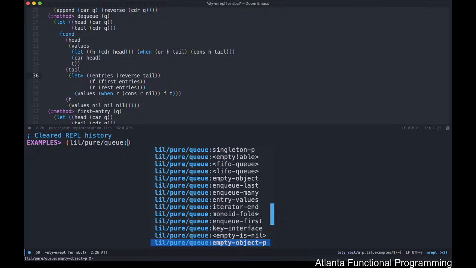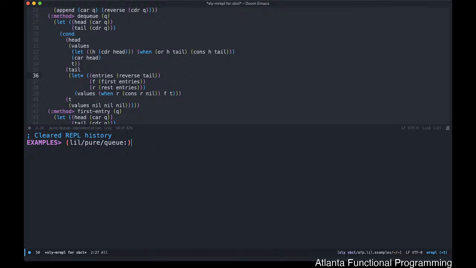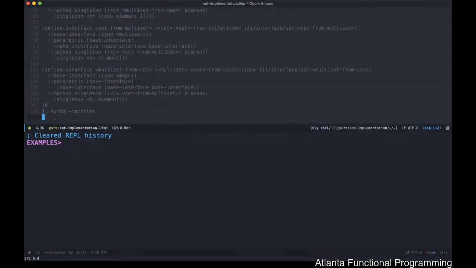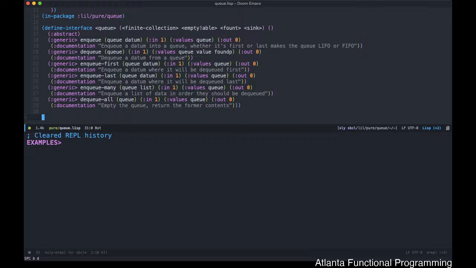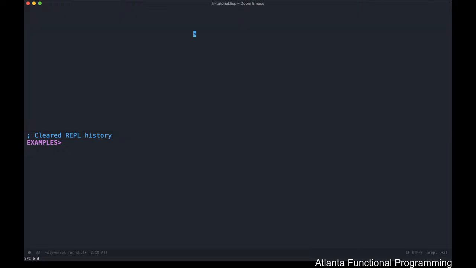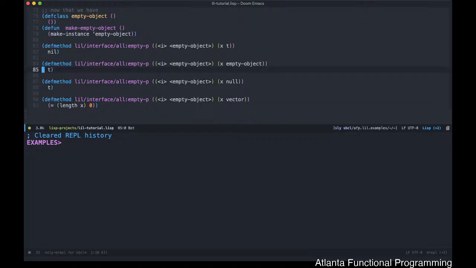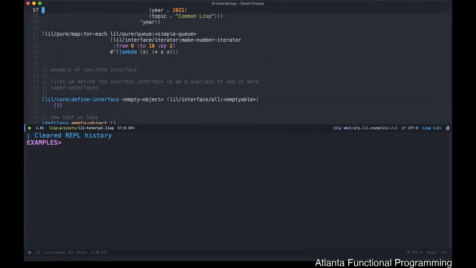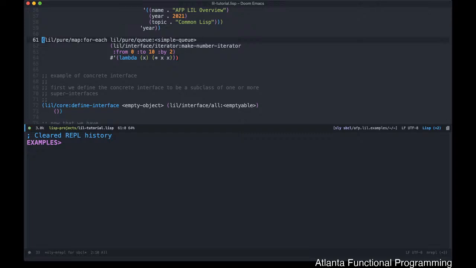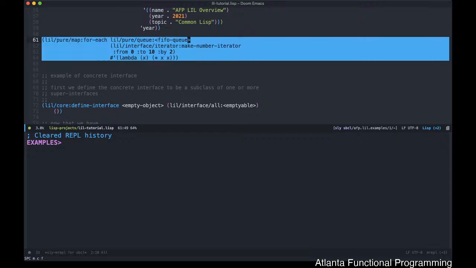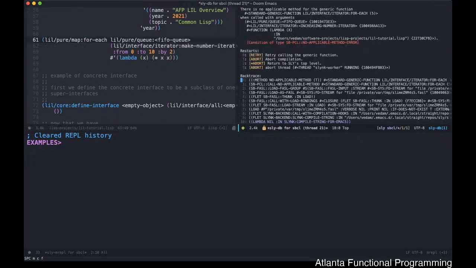Let me try foldable. Okay. Let's see here. Foldable interface for